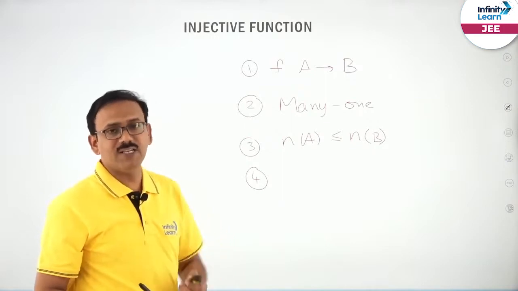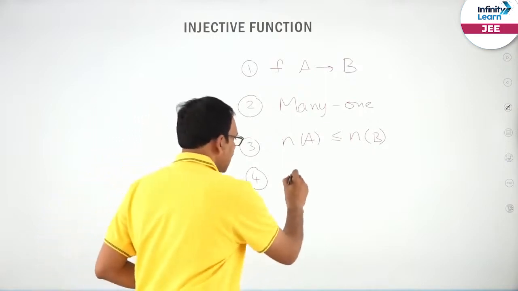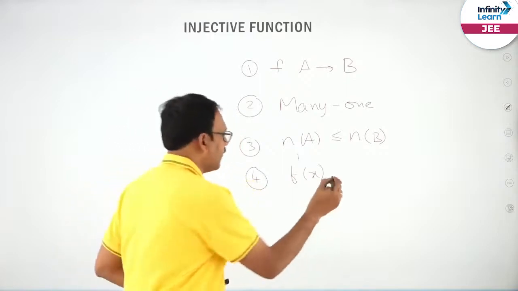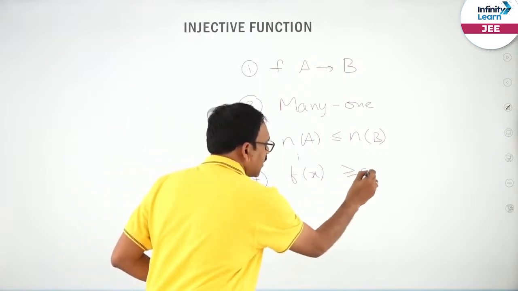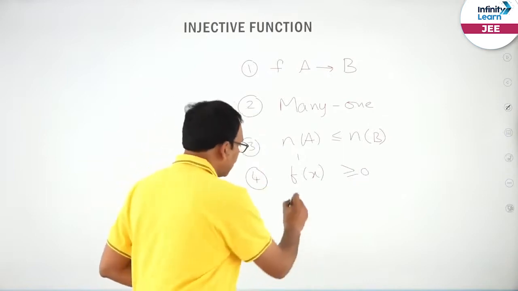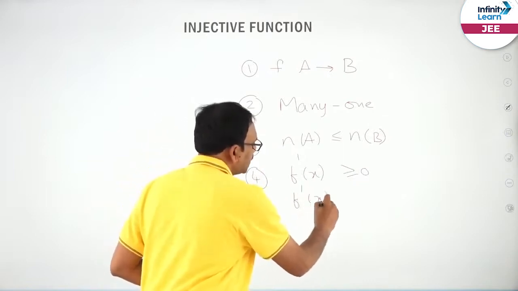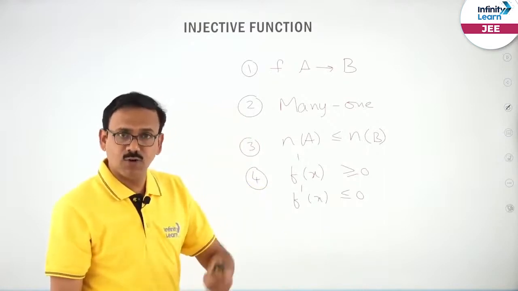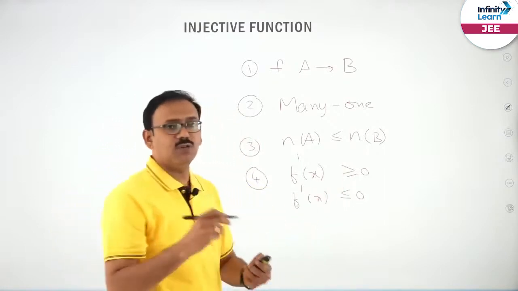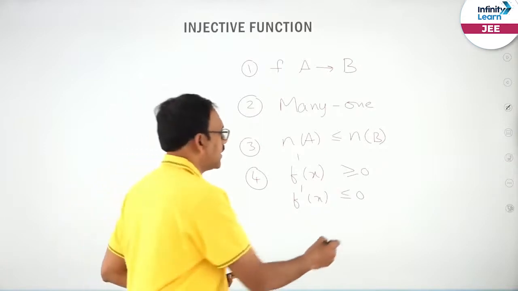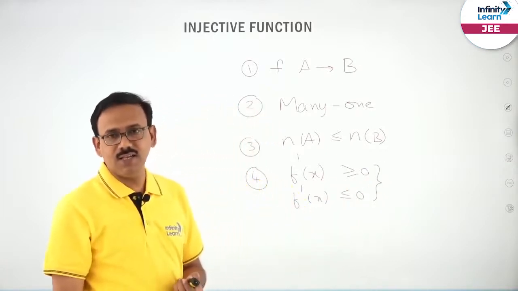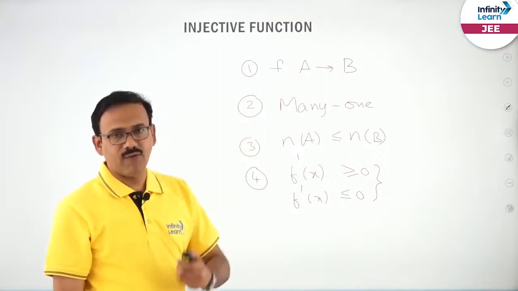If it is a differentiable function, you just see its derivative f'(x). If f'(x) is always greater than or equal to 0, or always less than or equal to 0, for all x belonging to the domain, of course with equality to 0 only here and there, in such a case the function will be either strictly increasing or strictly decreasing, so the function will be 1-1,